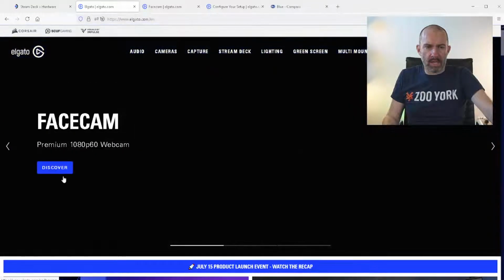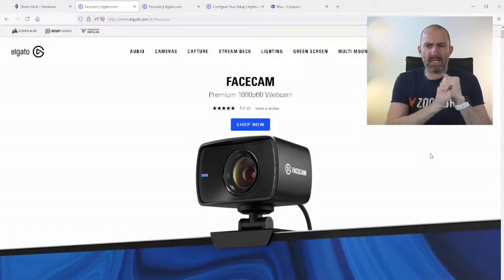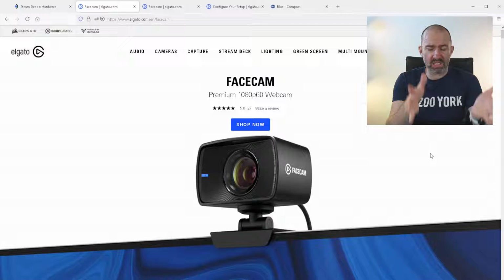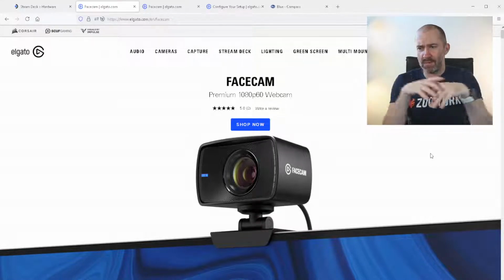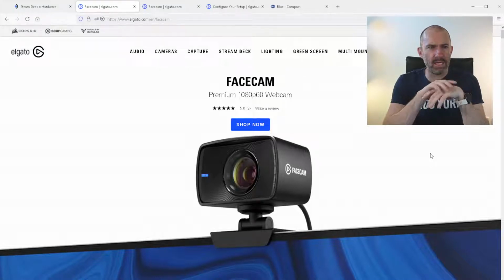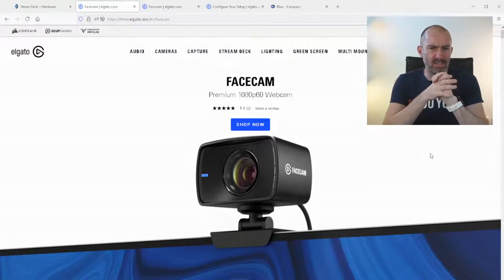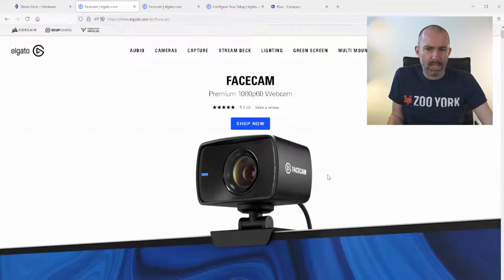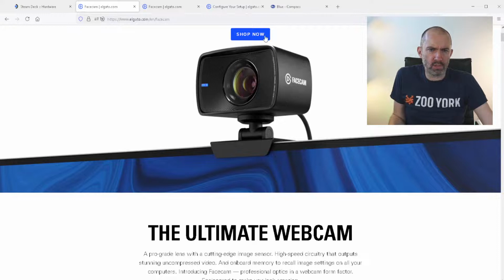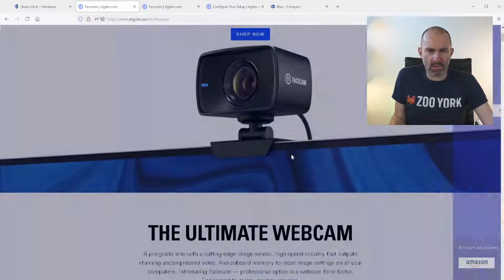So the other thing that they've released here is a new webcam, 1080p at 60 frames per second, which makes sense. You know, this is for streamers. I'm streaming at 1080p right now as well, but I've got two webcams from like 5-6 years ago which are 4K. So I'm surprised they haven't come out with something that maybe even did 1440p. It makes sense, though. If you're a little box in the corner, you only need 1080p. So this retails at £190 here in the UK, $200 elsewhere,